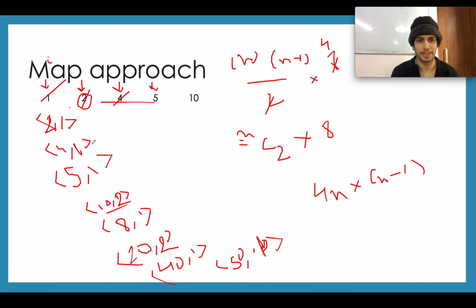and let's iterate through the map and compute this where n is the frequency of each product in the map. So this is 1, this becomes 0, this becomes 0, this again becomes 0, this is 2.